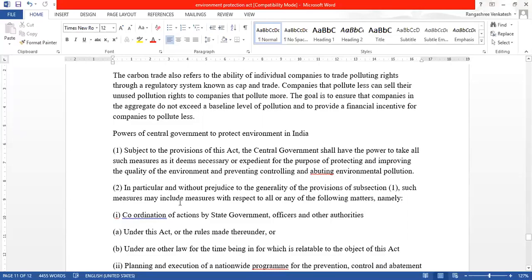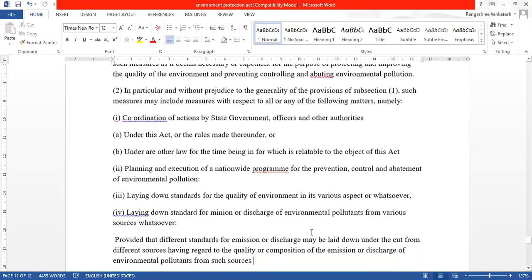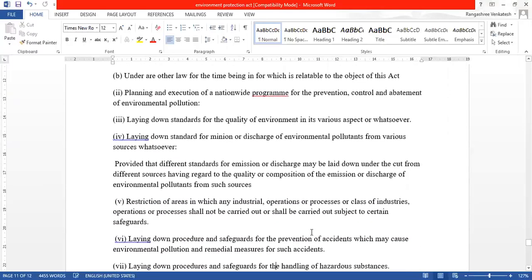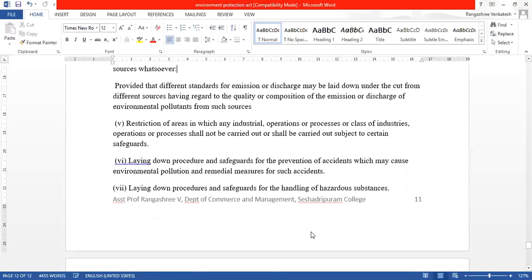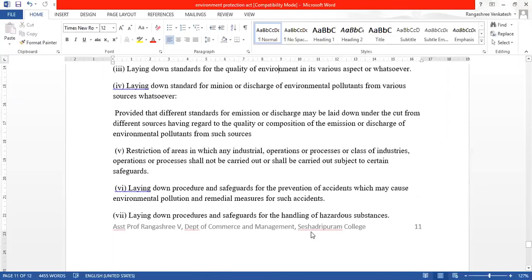Such measures may include measures with respect to all or any of the following matters, namely: first, coordination of actions by state government officers and other authorities under this Act or the rules made thereunder or under other law for the time being in force which is relatable to the object of the Act; planning and execution of a nationwide program for the prevention, control, and abatement of environmental pollution;